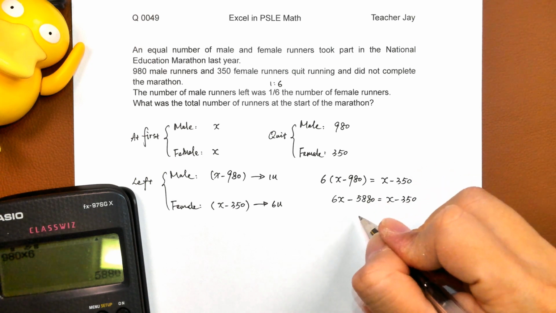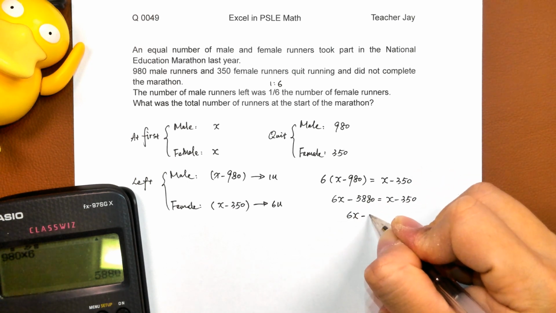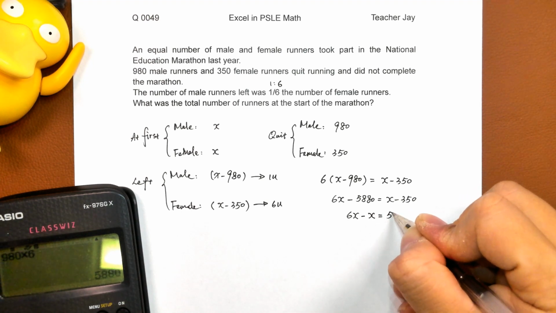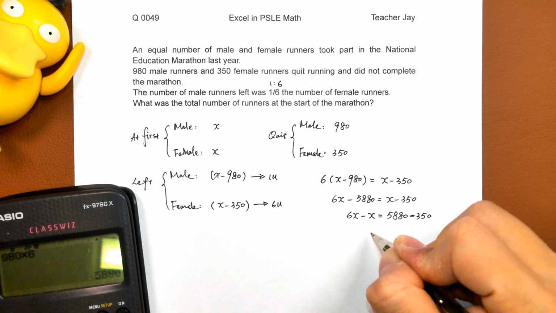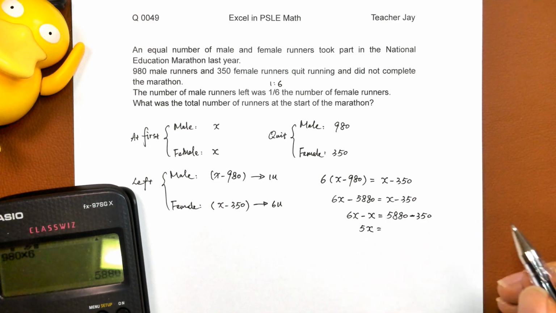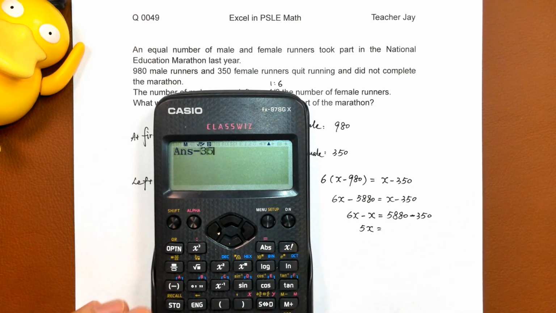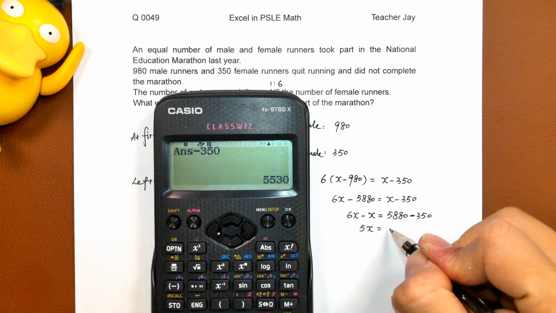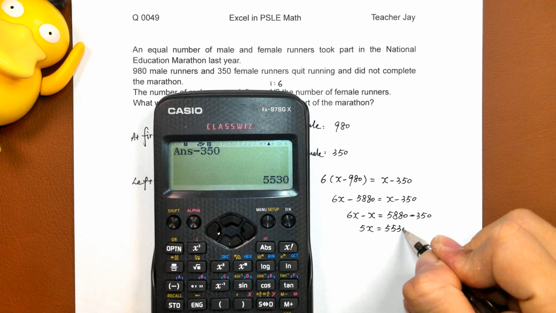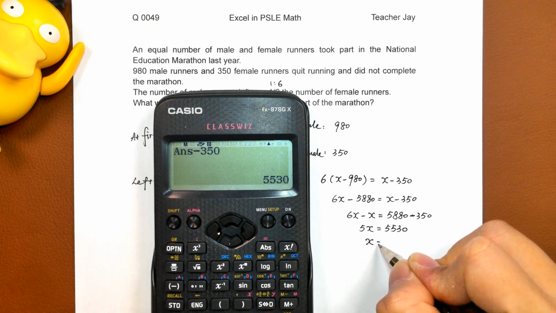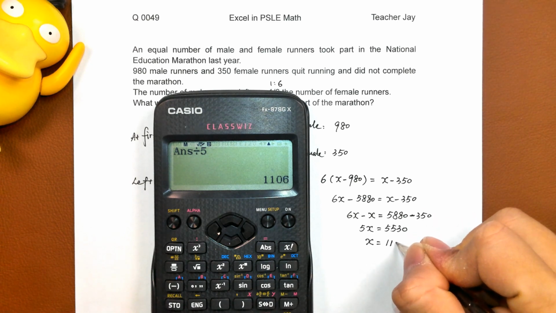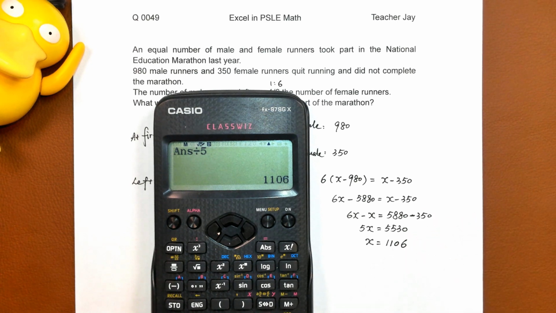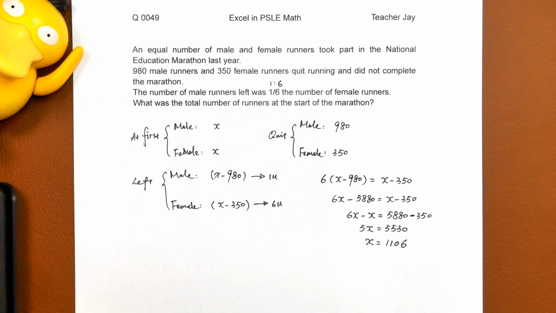Shifting to the left, the unknown, 6x minus x equals 5,000 something minus 350. 5x equals 再做一个减法 minus 350, 5530, so x equals 我们再把它 divide by 5, 1106. OK 用计算器我们的速度会快一些。然后现在问题来了，